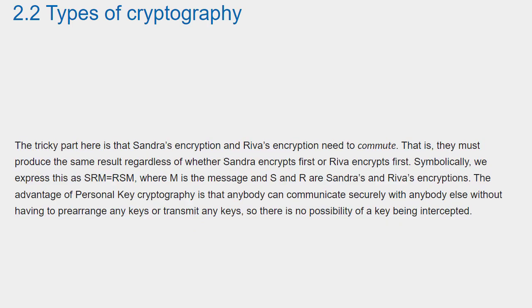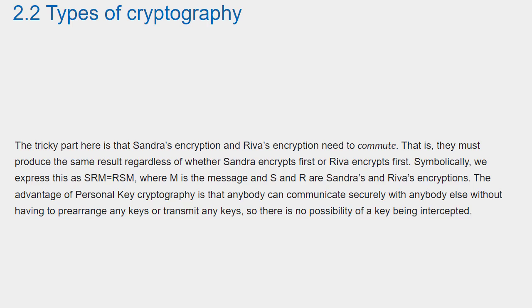The tricky part here is that Sandra's encryption and Riva's encryption need to commute. That is, they must produce the same result regardless of whether Sandra encrypts first or Riva encrypts first. Symbolically, we express this as SRM equals RSM, where M is the message and S and R are Sandra's and